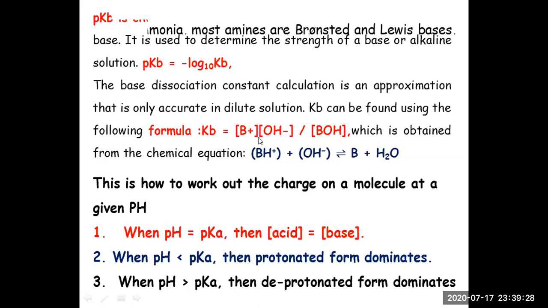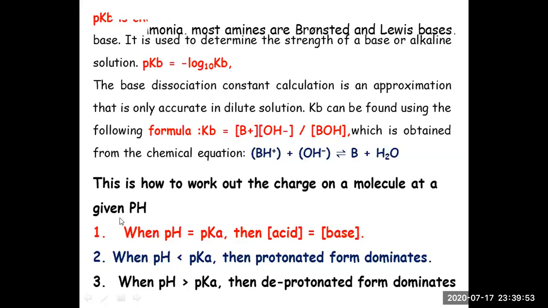If I have a base BOH, then it ionizes to give B+ and OH minus. And then I can apply the law of mass action to find Kb, that is dissociation constant of base, as concentration of B plus into concentration of OH minus upon BOH. So this is how we represent the equation for Kb, and the pKb is written as negative logarithm of Kb